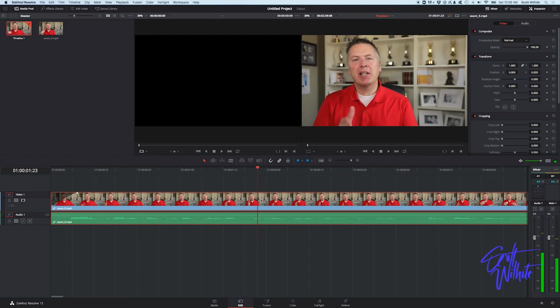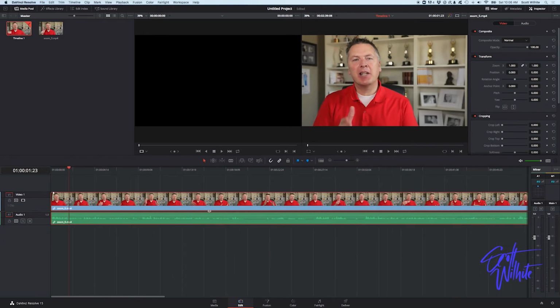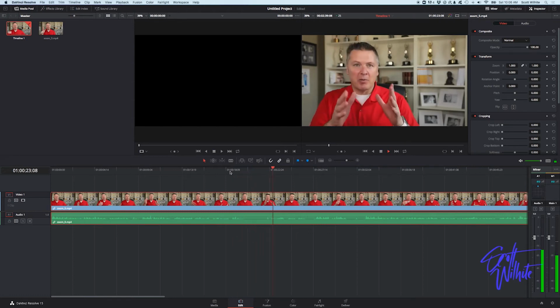Okay, so I do a little opening here. I'm going to zoom out. You can use this to zoom out. I have everything mapped on my keyboard for faster ways to do it. And I do share that in some of my courses, my settings. So if I look at my waveforms right here, it looks like there's going to be a break right here. "Let's talk about that today." Okay. So it looks like I end here.